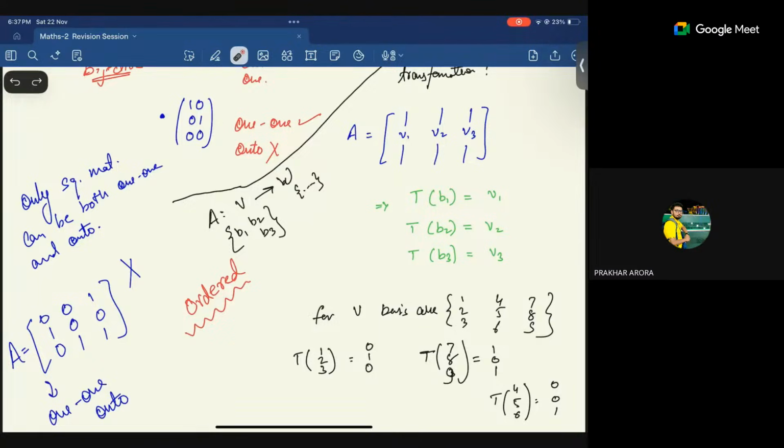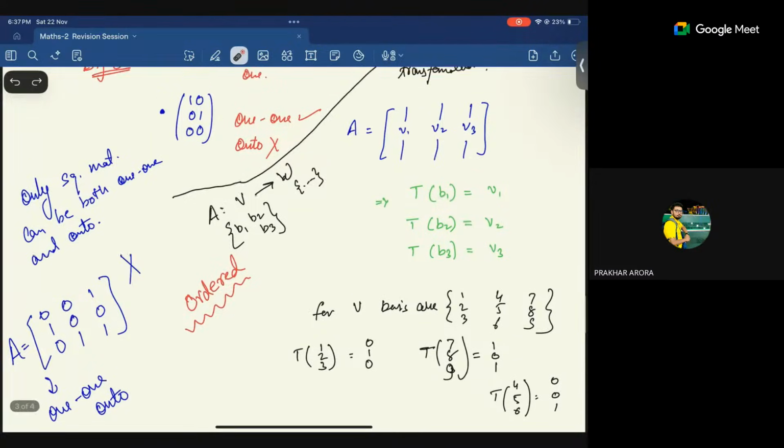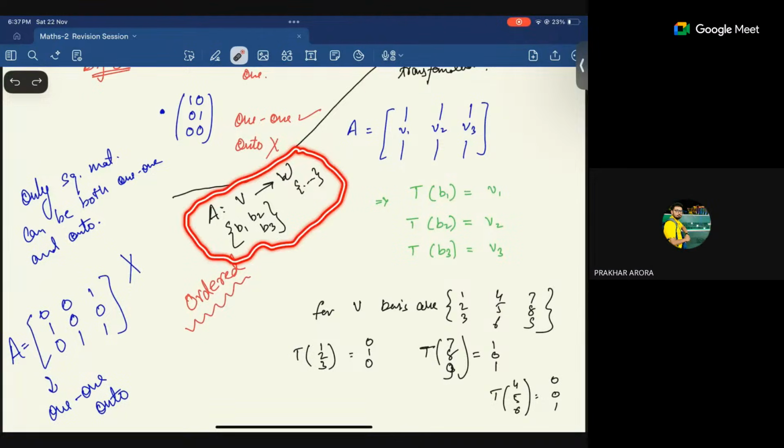So see, Lawrence, you asked it, right? When I say that this is my transformation, and this is my transformation matrix, we learn a new concept here. This is something that we cannot derive from what we have studied till now. This is altogether a new concept. You can take it as a fact because I cannot prove it in the session. Inside the transformation matrix, this is the matrix that we have been talking about.